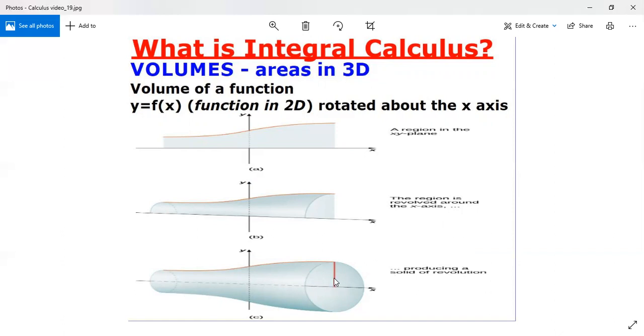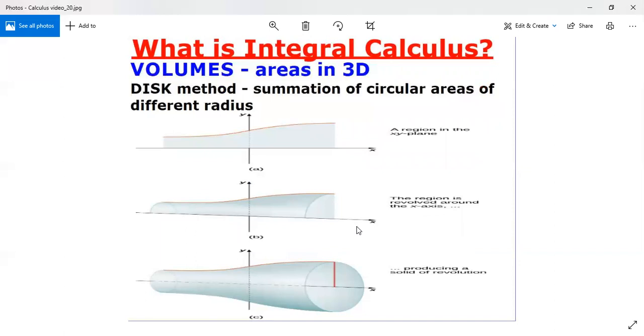So the trick is, again, to make the slice of the disc infinitesimally small. So for example,